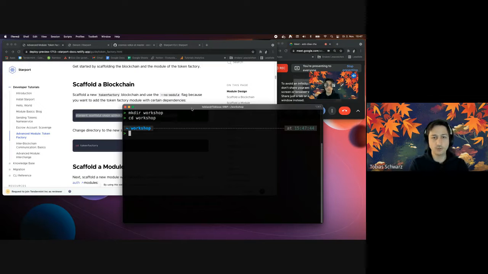I create a new working directory for this workflow, and then I just jump into starport scaffold chain. So we scaffold a new blockchain, and we will look into this in a bit. We scaffold it with